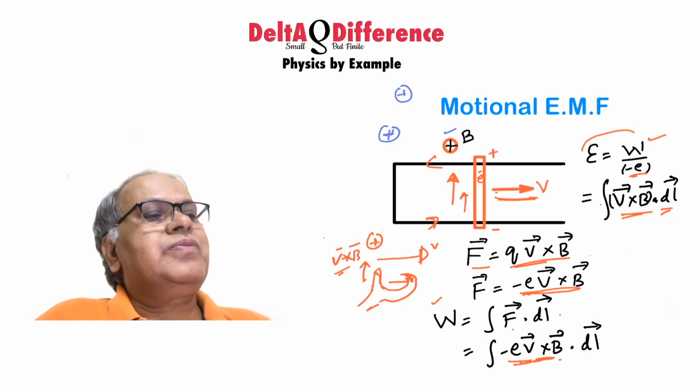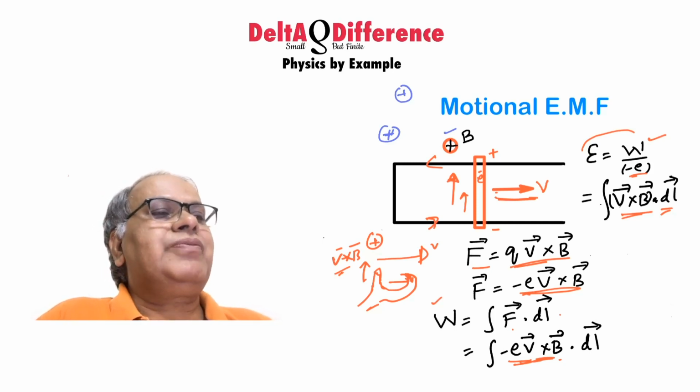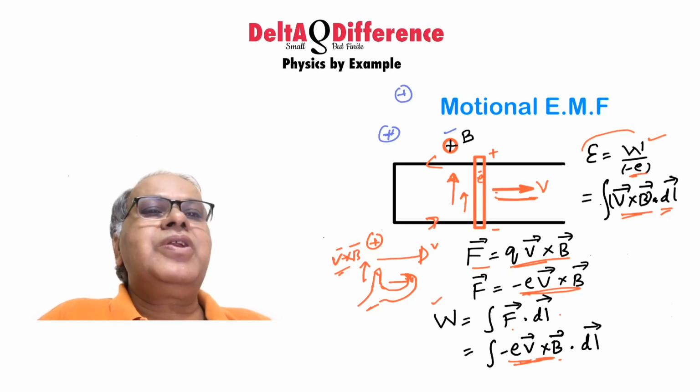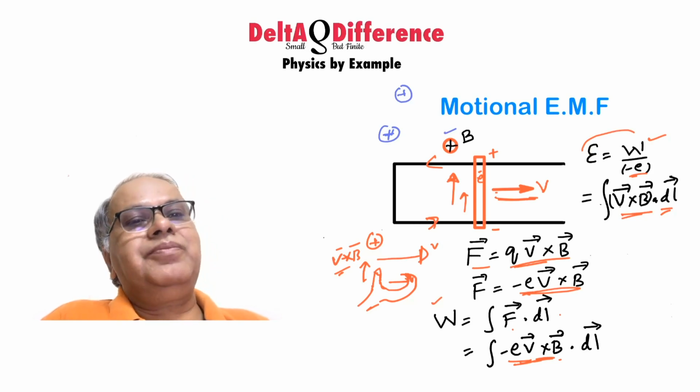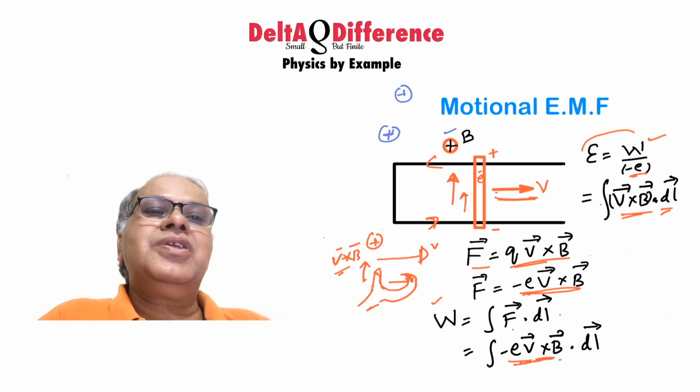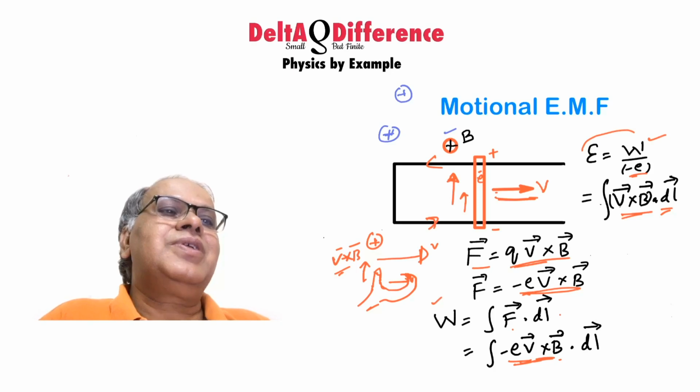So a current flows. So this is what you mean by motional EMF. So we could explain it in terms of force acting on the charge because of magnetic field only. It looks all right, but not really, because there is one main problem here. Magnetic fields apply force on the moving charges is right, but they don't change the kinetic energy of the electrons. They don't work on the electrons. So there seems to be some trouble here.